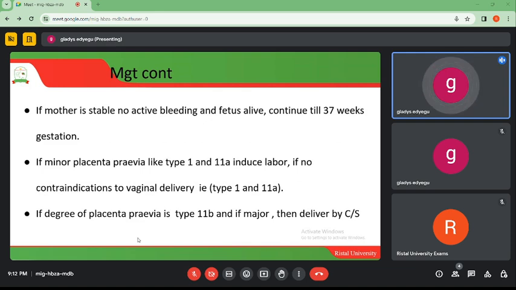If it is minor placenta previa, like type 1 and 2A, include induced labor if there are no contraindications to vaginal delivery. In type 1 and then 2A, you are good to go to deliver this mother vaginally. But if the mother is having type 2B,